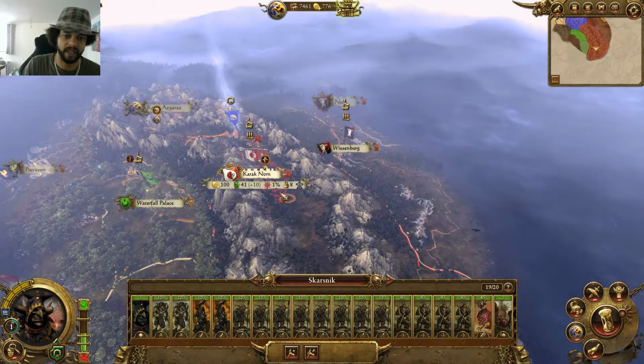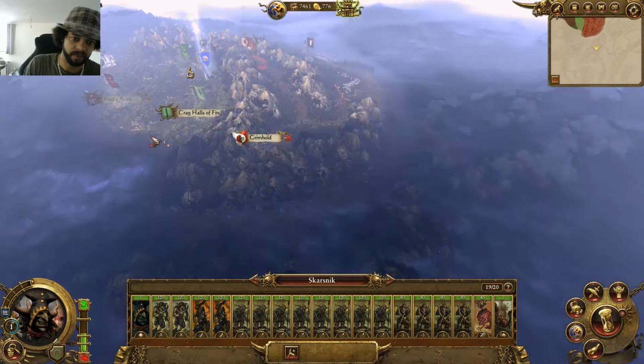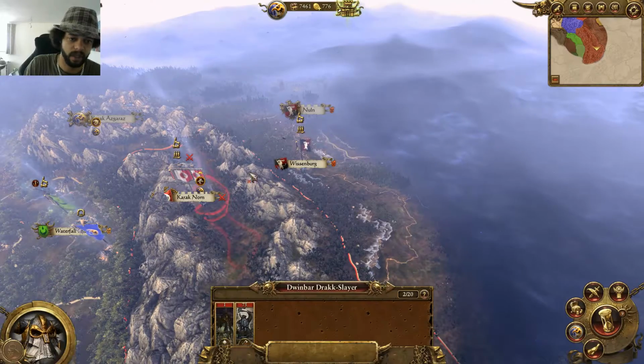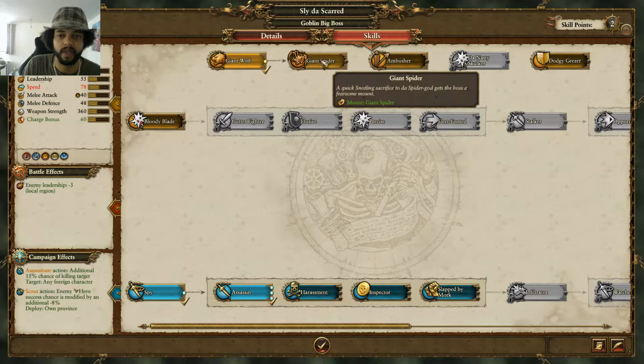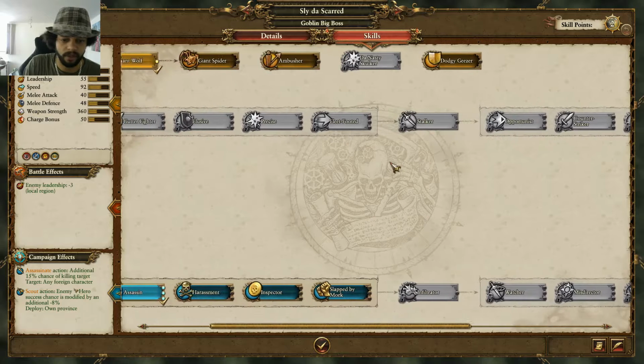That's going to be bad, since they're going to be able to attack with the garrison and everything. I'm going to go down here, and then from here kind of try and come up here again somewhere. I'm sure those night elves won't mind me just chilling in their territory for a turn or two. Giant spider, dodgy geezer, or